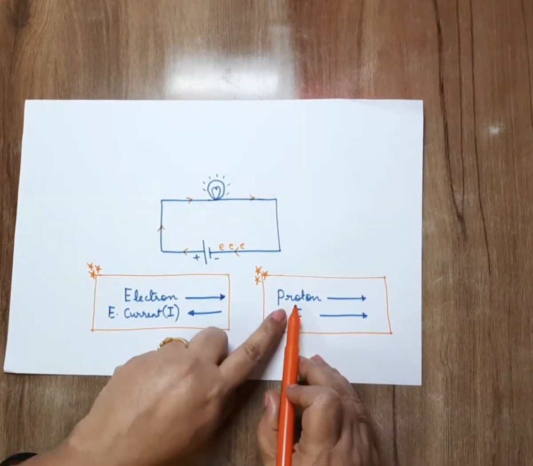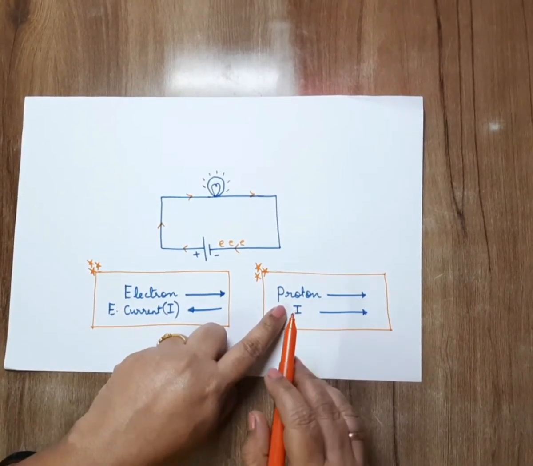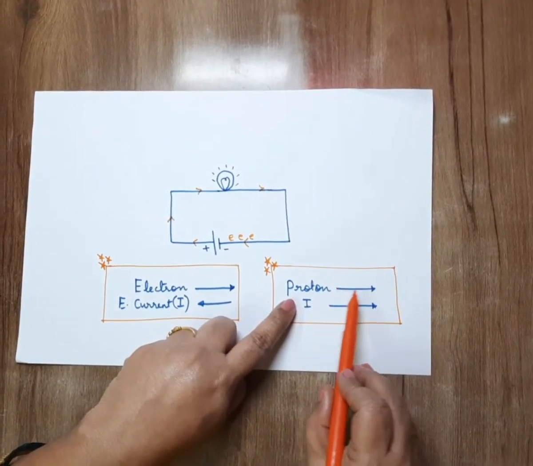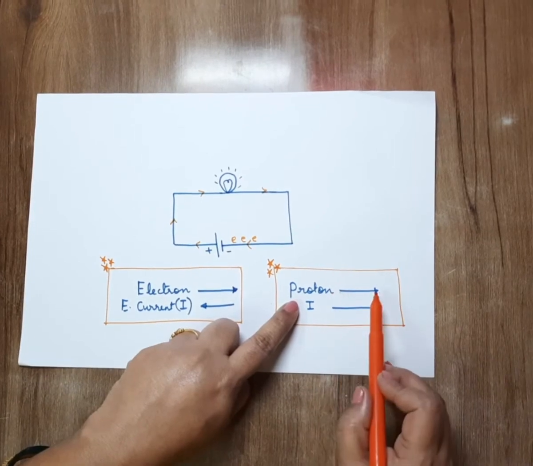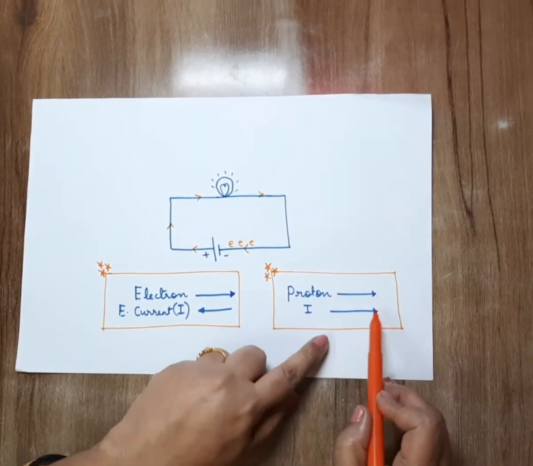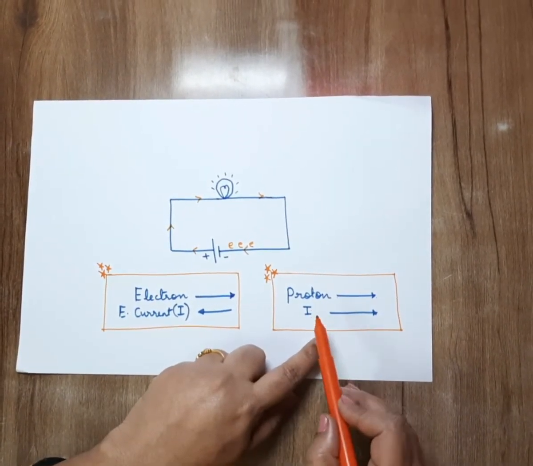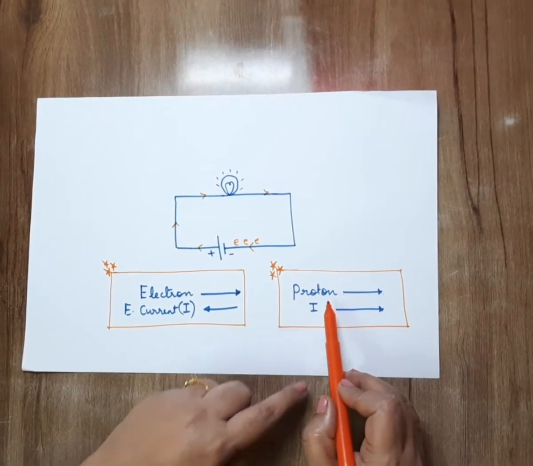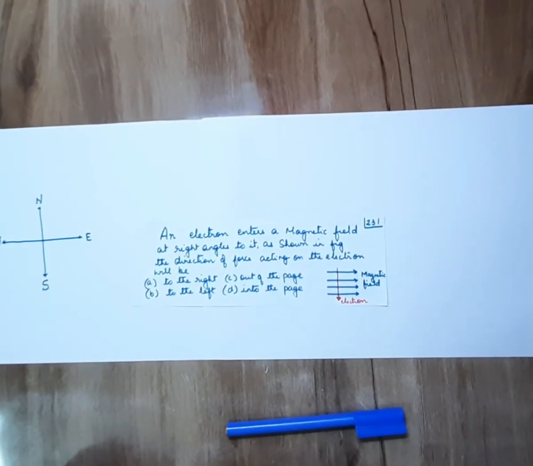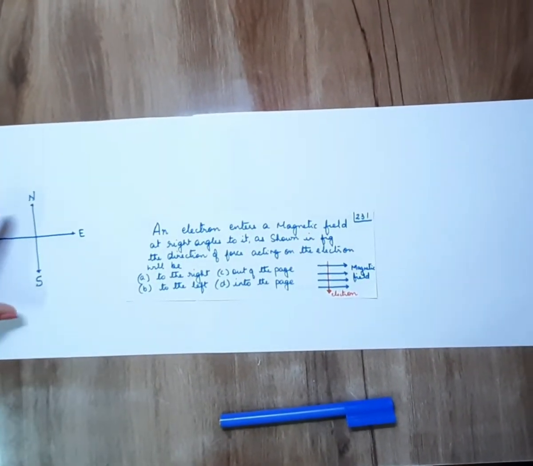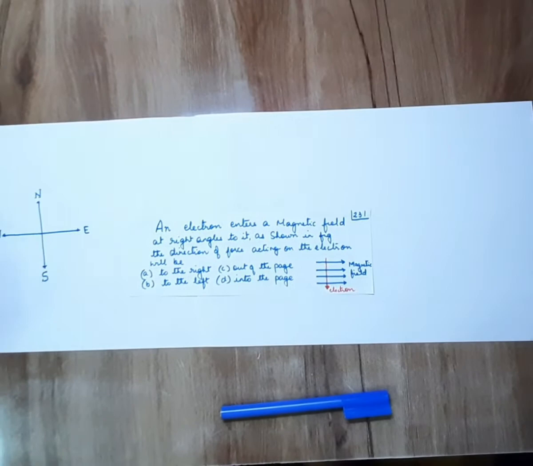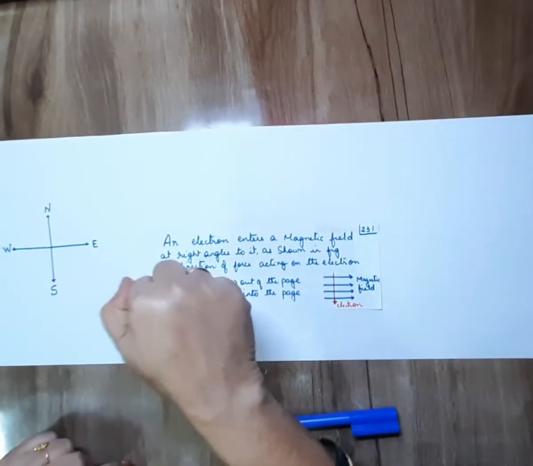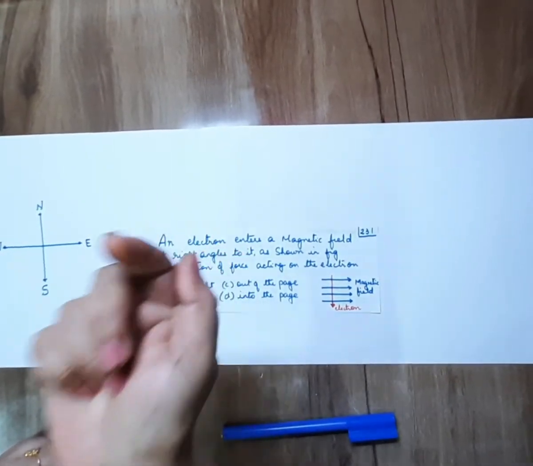If a proton or a positively charged particle is given in the question, and the proton is moving in a particular direction like west to east, then we will take the current direction also in the same direction as that of the proton. Now let's get started with the first question. Let us look out for the directions north, south, east and west. If the question says downward, we'll point downward. If it is up, we'll show upward this way.